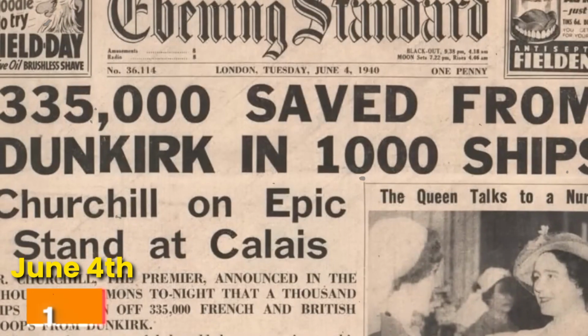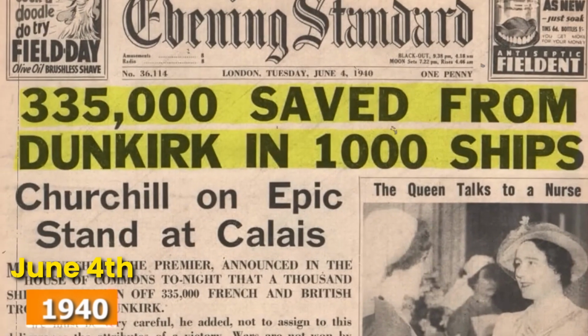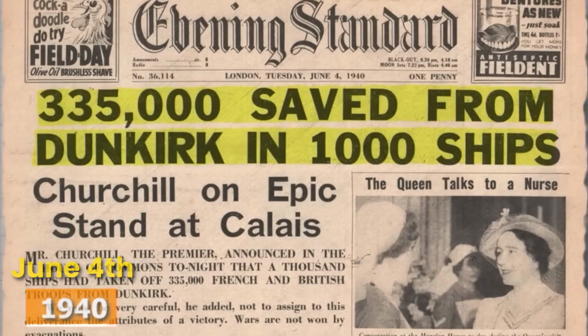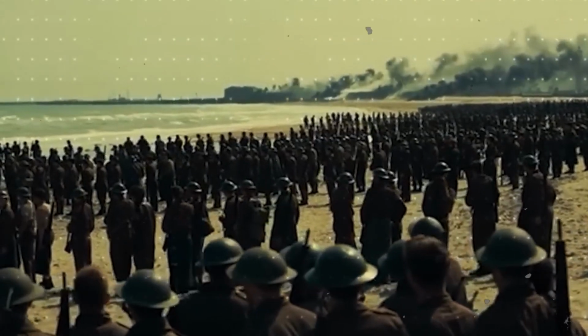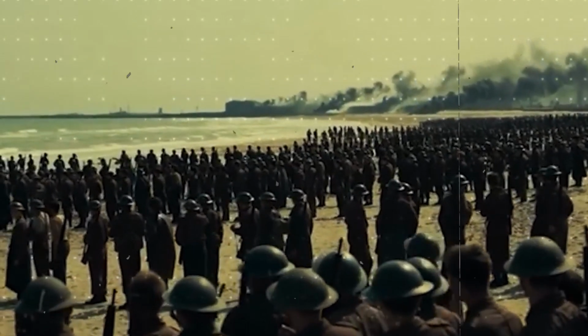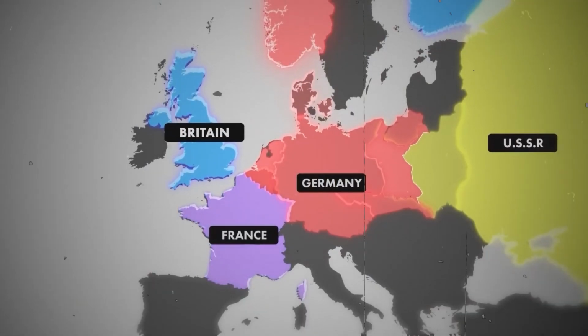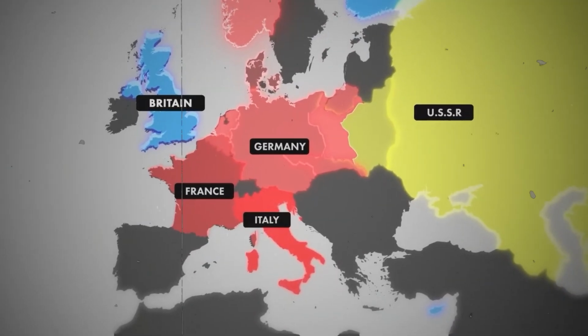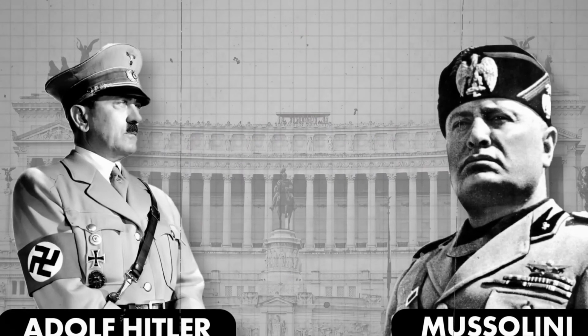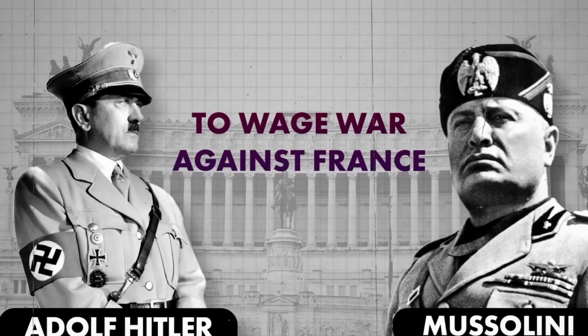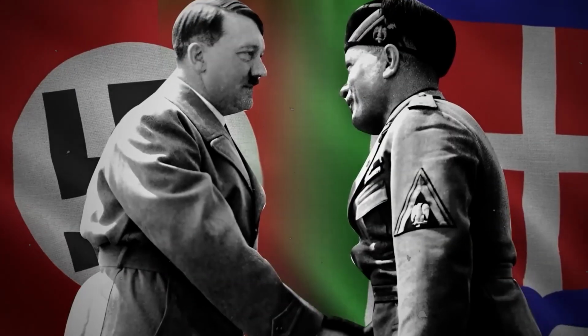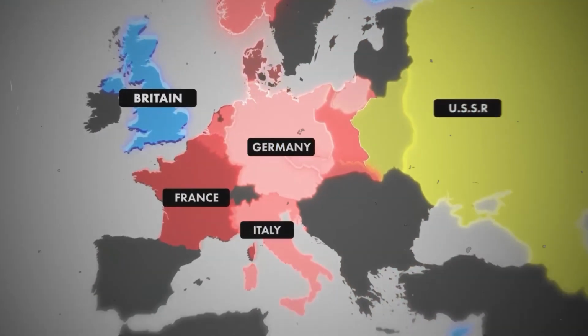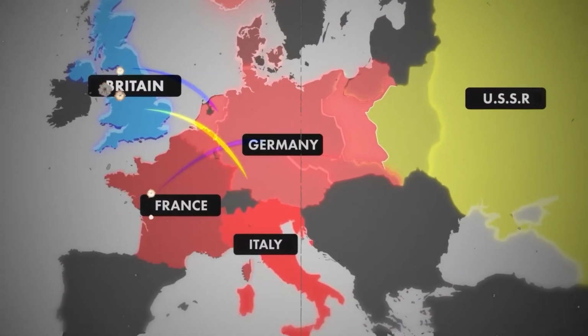By June 4, 1940, nearly 350,000 soldiers were successfully evacuated, but the bad news was that most of the military equipment of the Allied forces was used up in this evacuation. Some days later, on June 22, 1940, France surrendered to Hitler. By this point in time, Italy was under the rule of dictator Mussolini. He formed an alliance with Hitler to wage war against France. The alliance of Italy and Germany was known as the Pact of Steel. The two countries declared war against France and Britain on June 10th.